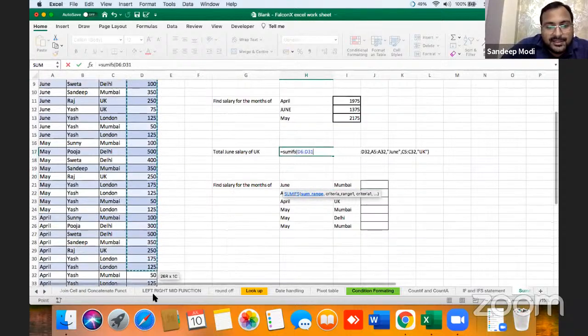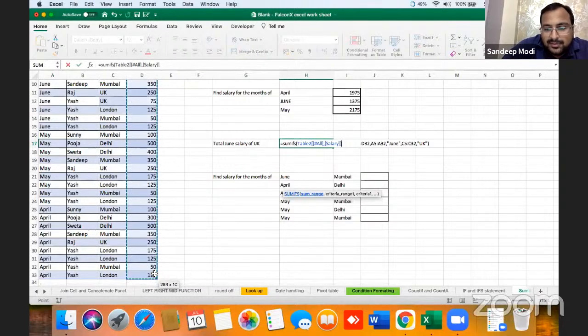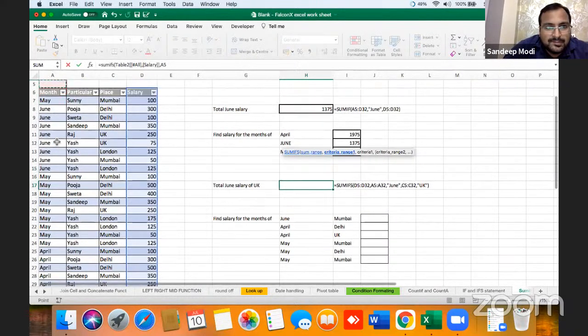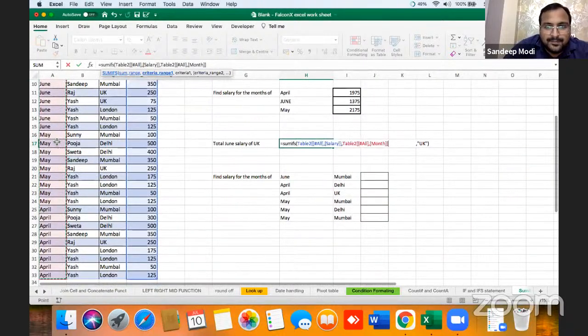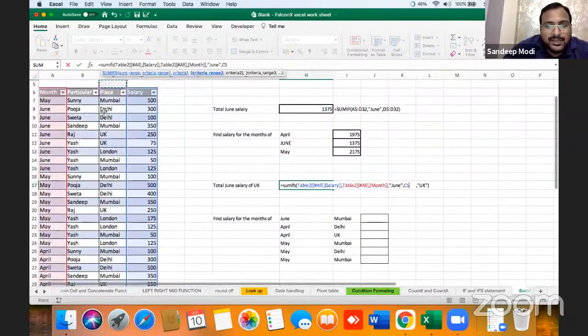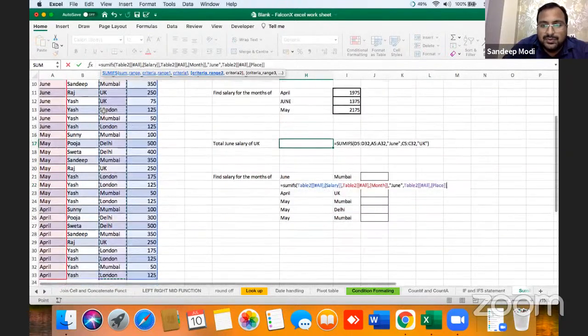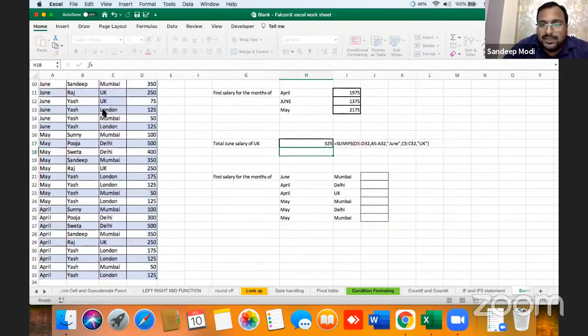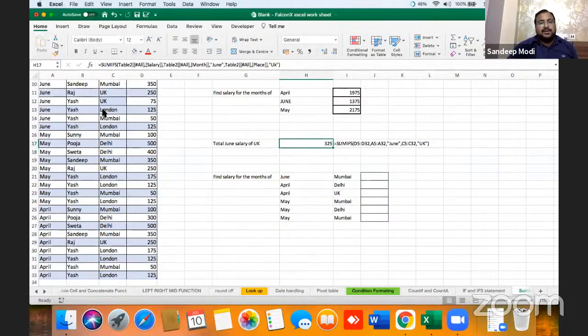As my data is in a table, sum range, criteria range 1, which is the month. Criteria is June, so I will be using June. Bracket close. Criteria range 2 is UK. Bracket close, enter. As you can see, we got 325.